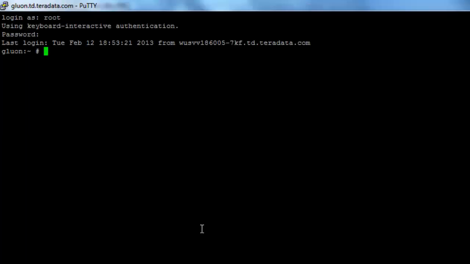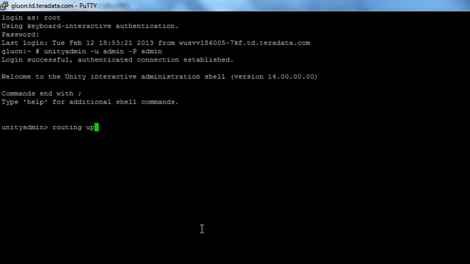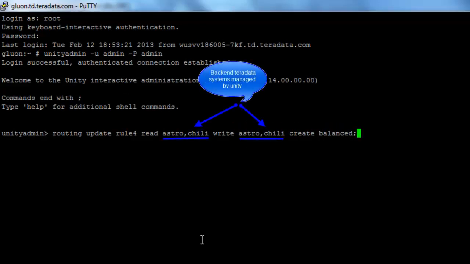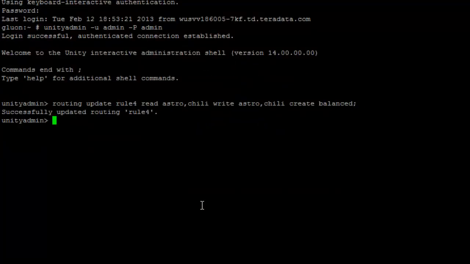Sign in to Unity admin using Unity username and password. I use the routing update command to create a new routing rule called rule 4. Read is configured to go against Astro and Chili with no specific order. Write is configured with create balanced option. In create balanced, ordering of Teradata systems, for example providing Astro first and then Chili, or providing Chili first then Astro, doesn't matter. As usual, we use the user update command to associate the user